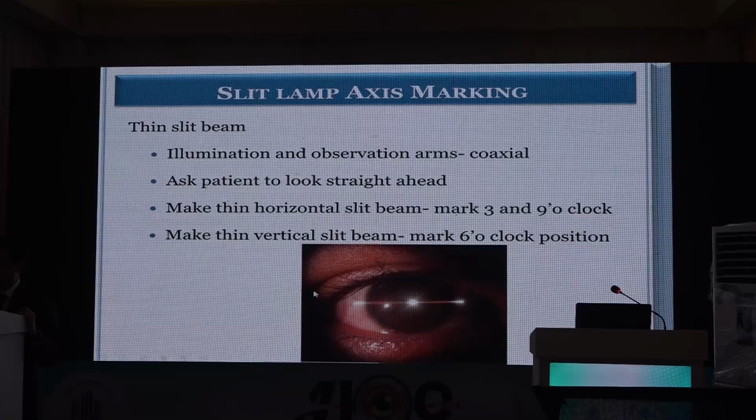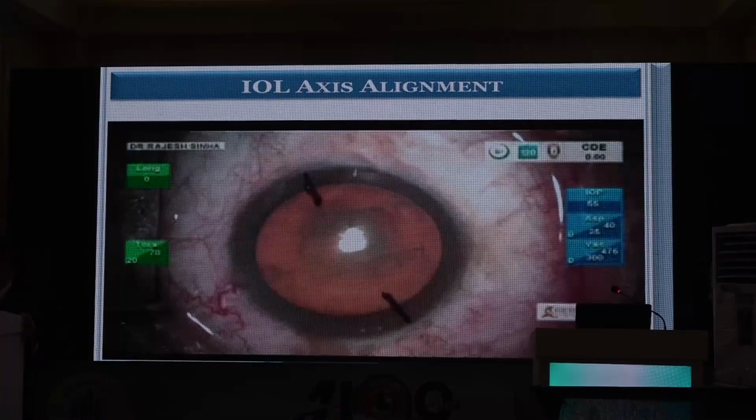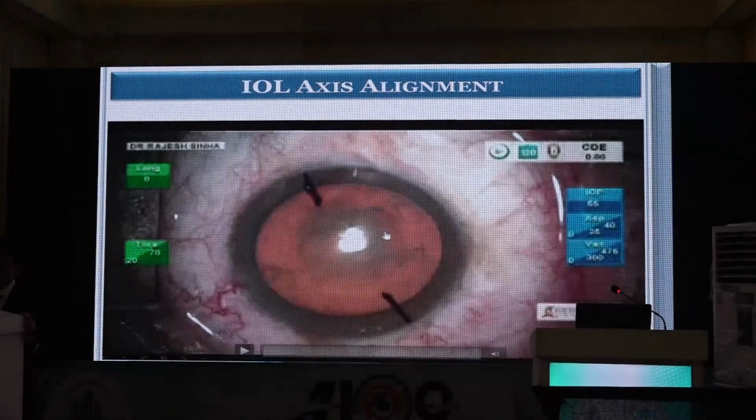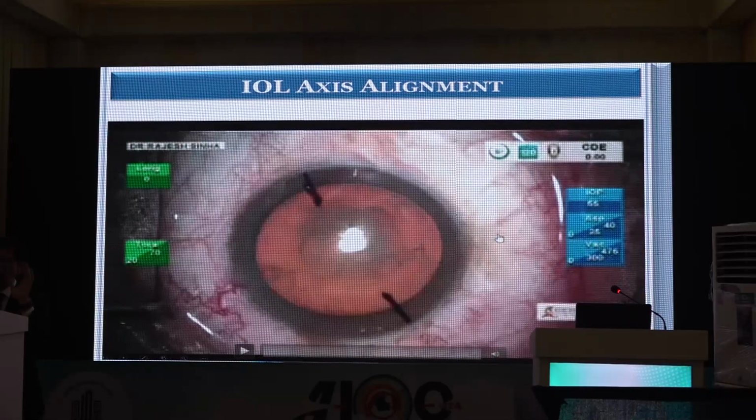On slit lamp, you can put the slit beam like that, and then you can mark 0 and 180, you can mark 12 o'clock, 6 o'clock. So all these things can be done manually very reasonably accurately. And these are all reference marking. And this is done in the sitting or standing position, because once